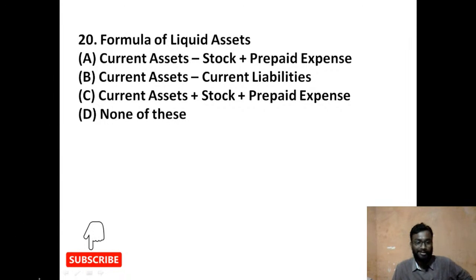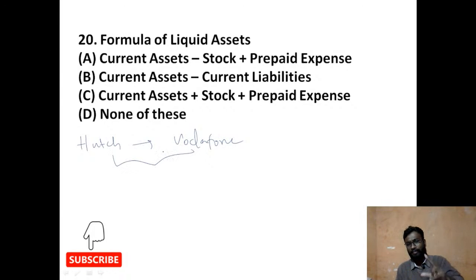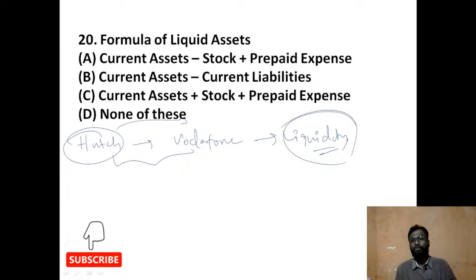Earlier it was Hutch. Now it has been converted to Vodafone. Why was a long time taken by Hutch to convert into Vodafone? The reason is they were not good at liquidity. Sir, what is this liquidity, sir? What is liquidity? Liquidity is nothing but the capacity